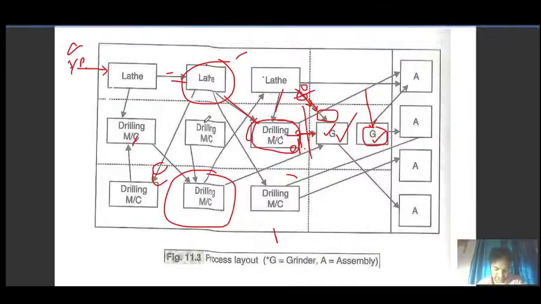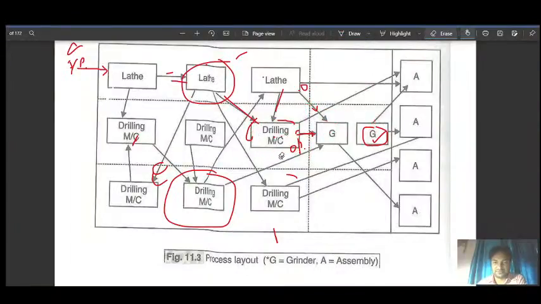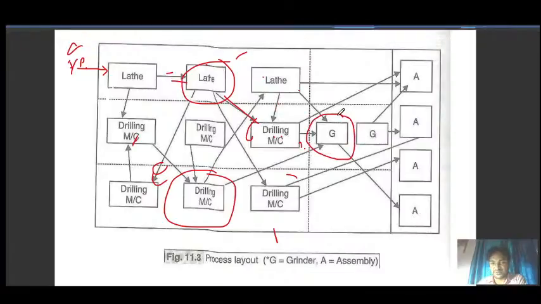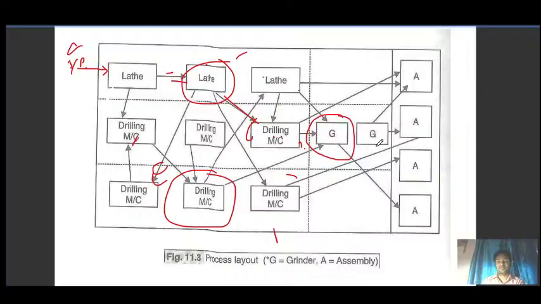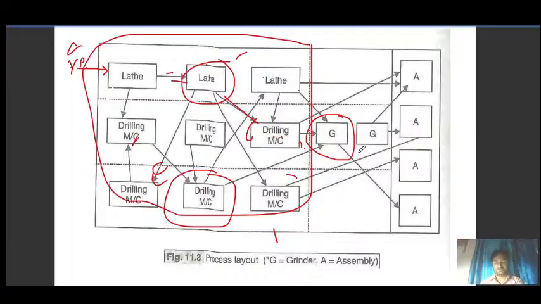So this is the case of a bottleneck, where your important machine breaks down and it disturbs all your operations. As you can see, this machine is the classic example of a bottleneck. If this machine breaks down, the whole production process will stop. Okay, so this was the drawback. So for that you need to have another setup ready, so if this machine breaks down, you can directly shift your work to that machine.